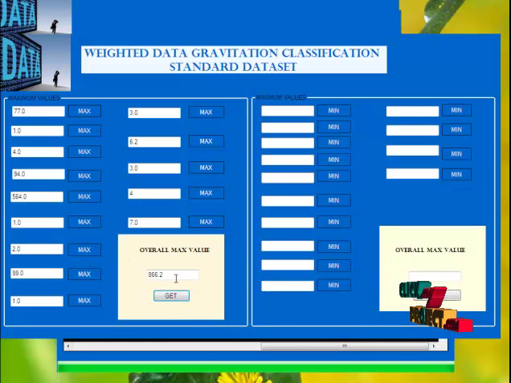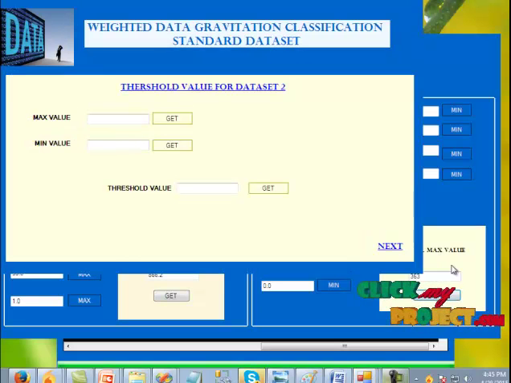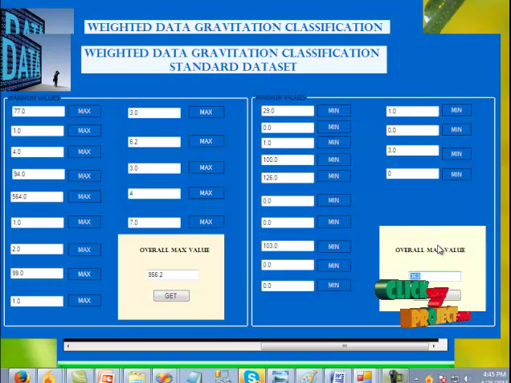You will get the overall maximum value for the attributes. Likewise, click the minimum button to get the minimum values for each attribute. To get the overall minimum value, go to the get button. You will get the overall minimum value.